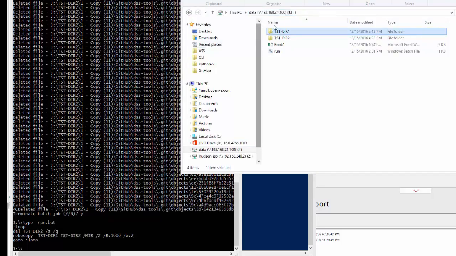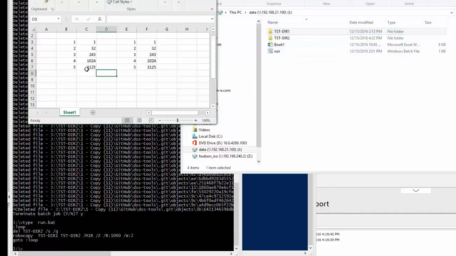I was mounting a share from 192.168.2100, so it's exactly the same path used for iSCSI. I was mounting this share over SMB, right? I have a book, that's the Excel file, which is stored here, right? So I can maybe delete something and save it. So I have this Excel file working here.